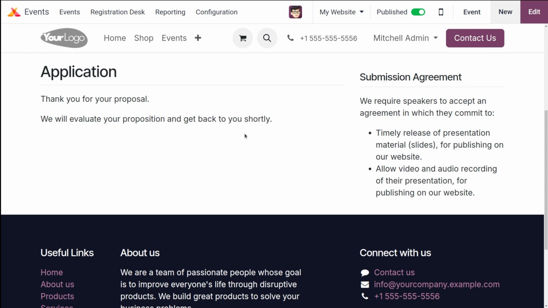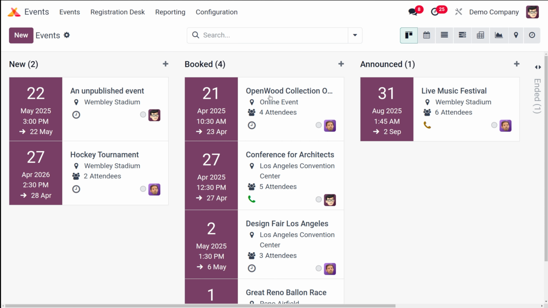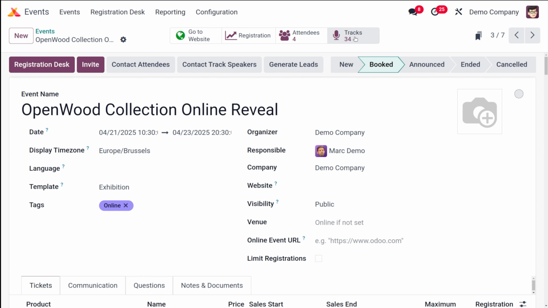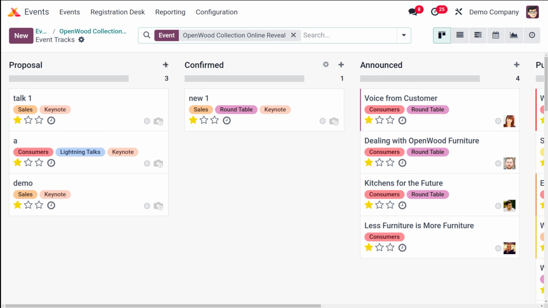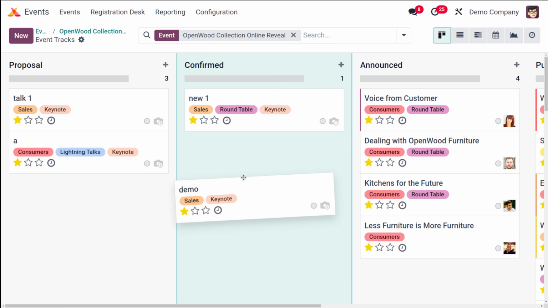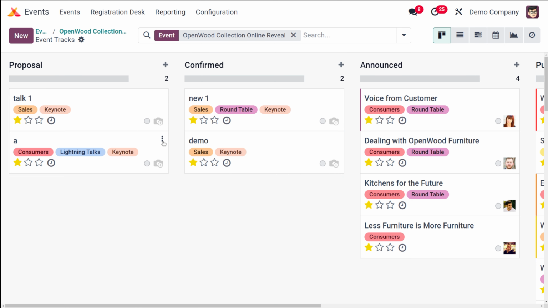What happens is that the submitted proposals are accessible in the proposal stage on the event tracks page in Odoo. I'll show you that. For that, I'm going back to events and opening the event that we created. Here you have tracks, click on that, and under the proposal, you can see the demo talk which we created. The tags and all which we have given are there. Now you can simply drag and drop it to confirmed to confirm the